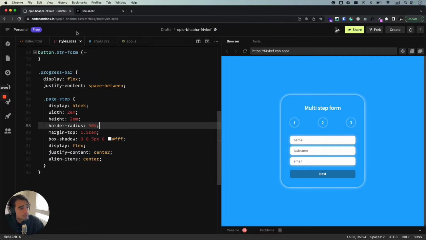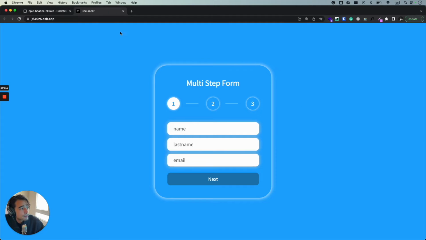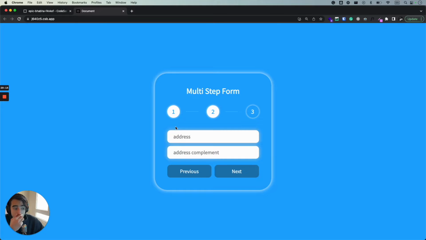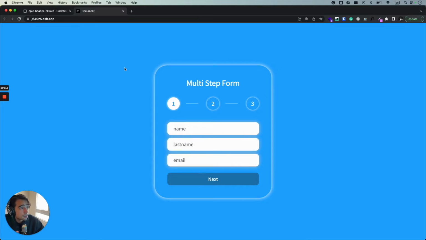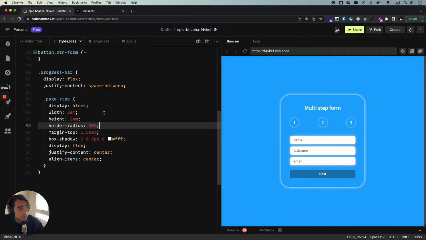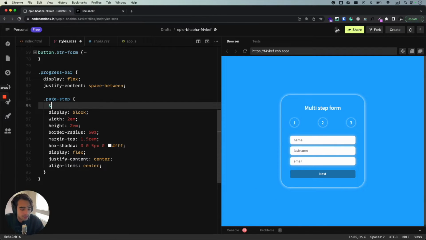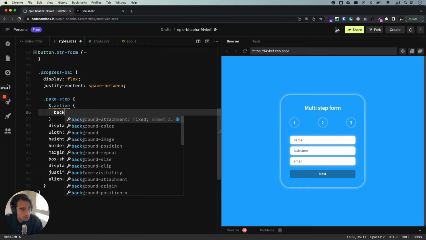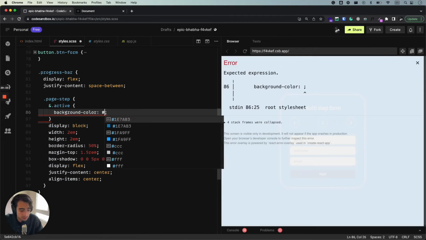And just one more thing. Remember that right here, the actual step that is being shown is colored in white. What we're going to do right here is we're going to do that. So if the class has another class of active, like this, we're going to say that the background color is going to be white,